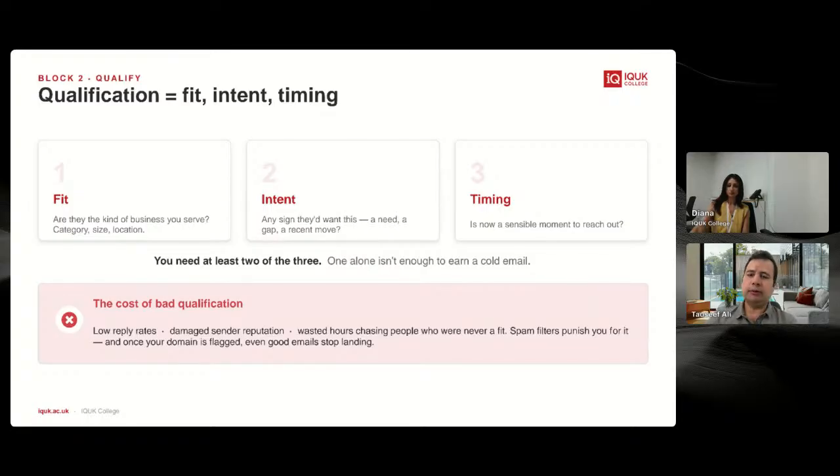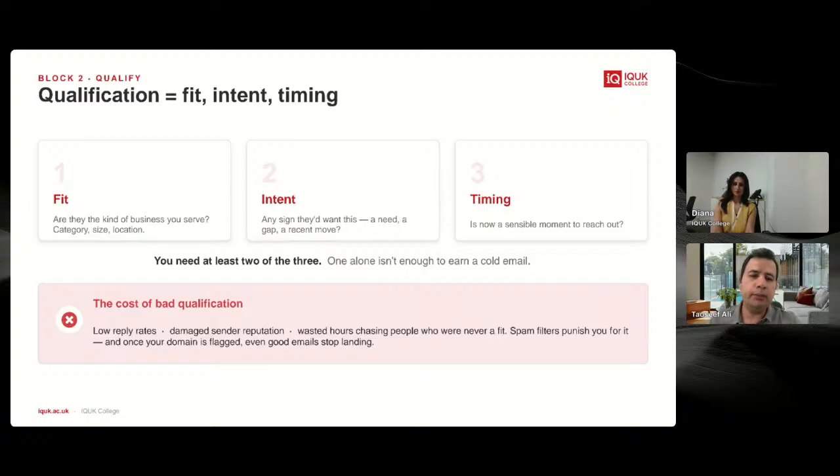Some examples of these things, if we look at the fit: are they really in the same category as yours? If you are a small brand just starting out, you don't want to reach out to H&M. You should not reach out to Primark. You should not reach out to big brands to buy your bags or your accessories and sell them in their shops. They have more established suppliers, and they have huge regulatory barriers. They want to look at ESG requirements and all kinds of things. So as a small business, you want to start with small businesses. So that's the fit thing in there.